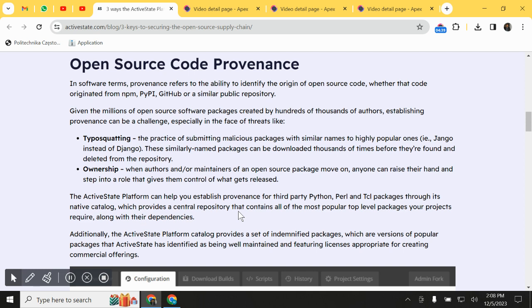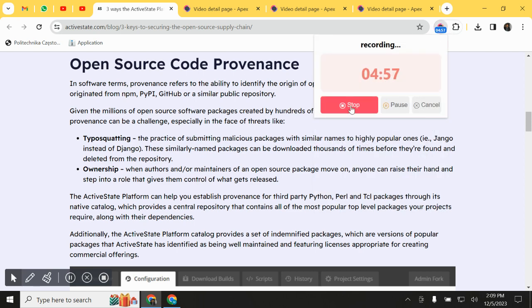The ActiveState platform can help you establish provenance for third-party Python, Perl, and TCL packages through its native catalog, which provides a central repository that contains all of the most popular top-level packages your projects require, along with their dependencies. Additionally, the ActiveState platform catalog provides a set of identified